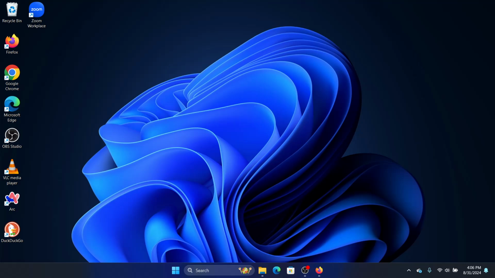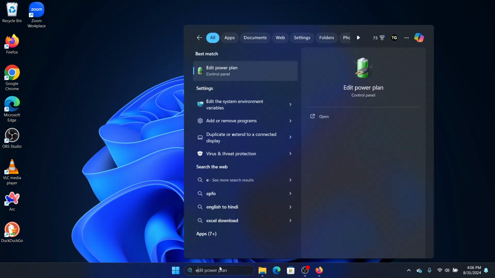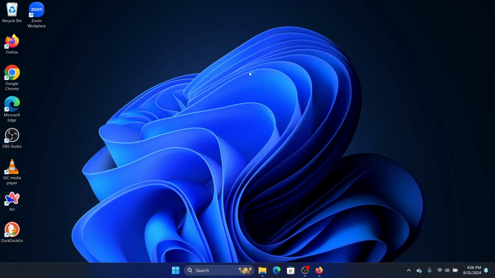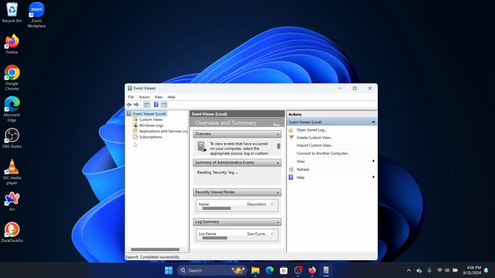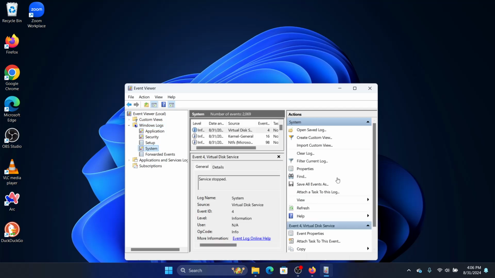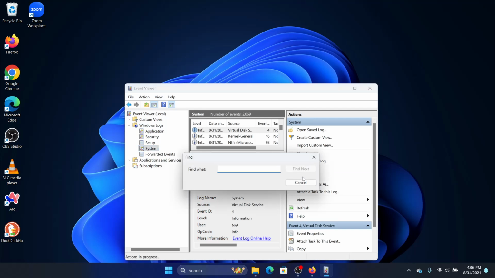Now once that is over, we can always go to the event viewer, click on it, and then click on Windows logs, double click on system, and here in the rightmost panel, click on find, and you have to input memory diagnostic,